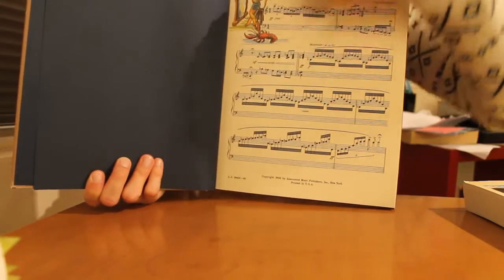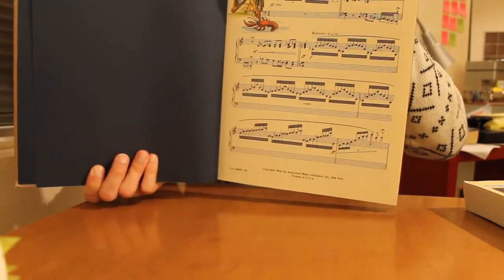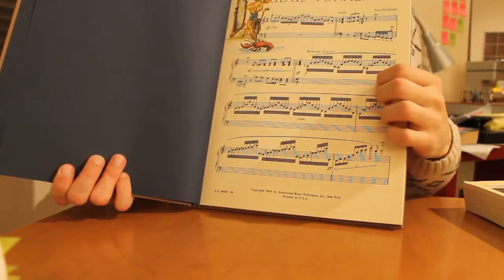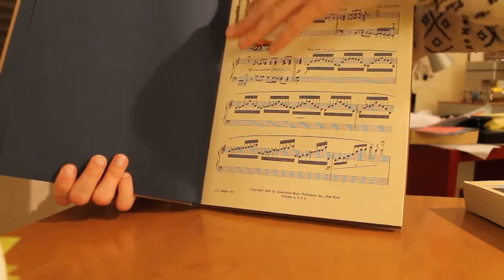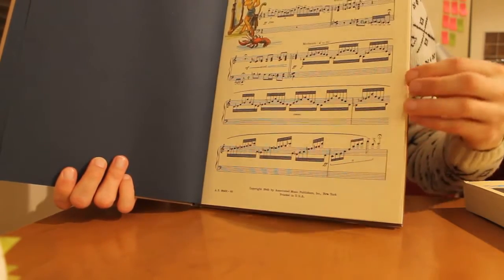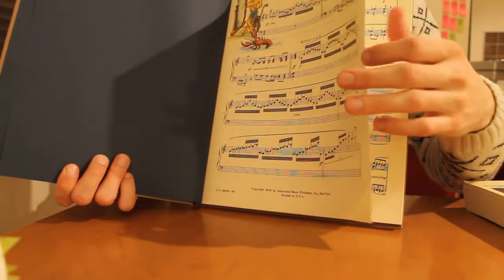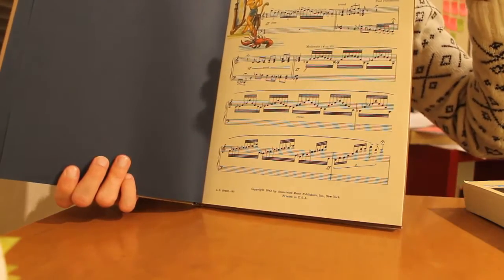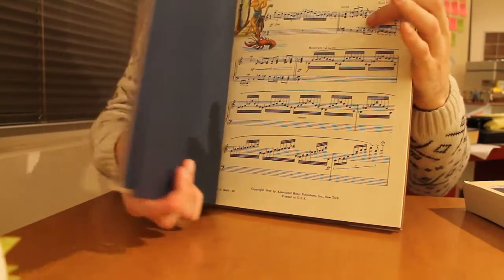And there's a bunch of lines all around that he drew on the score, and then he gave this illustrated score to his wife as a present. There's some very thick pages, but it's almost like a collector's item. You could use this to play the piece if you wanted, but this book is called